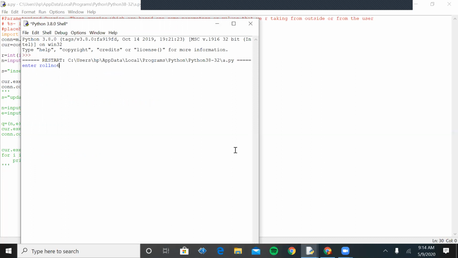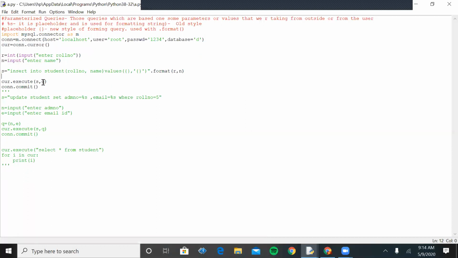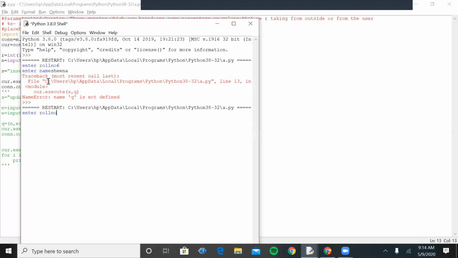I'm just accepting the S and Q, because here we are taking only one parameter, as we enclosed the entire values in the single statement. Number 6, and now you can see.